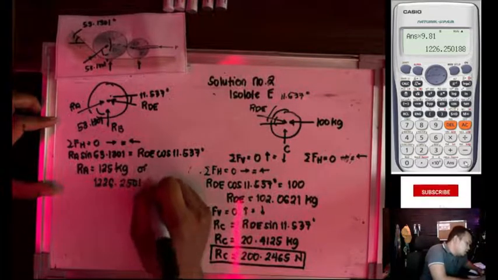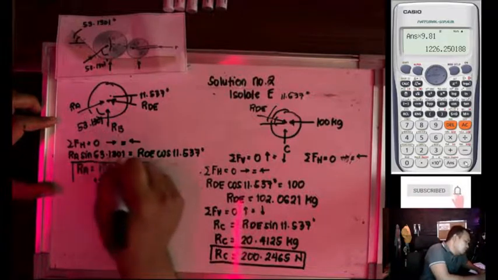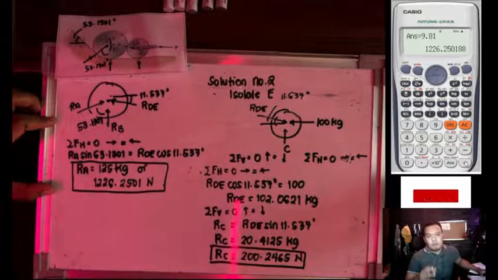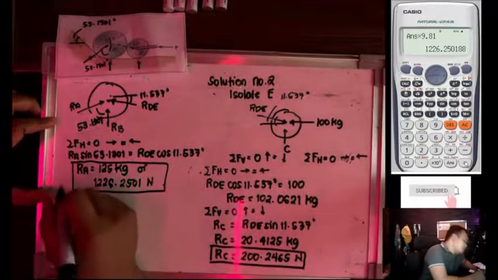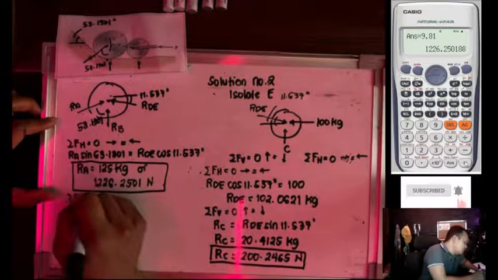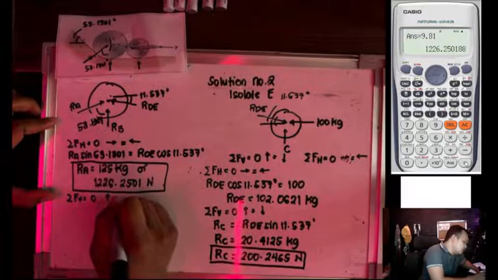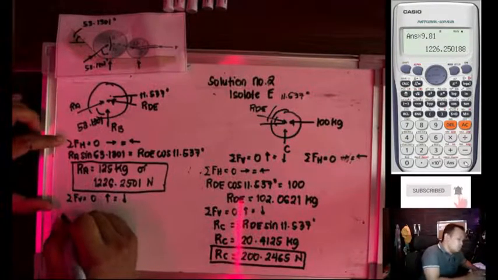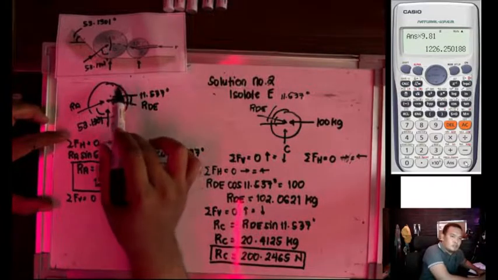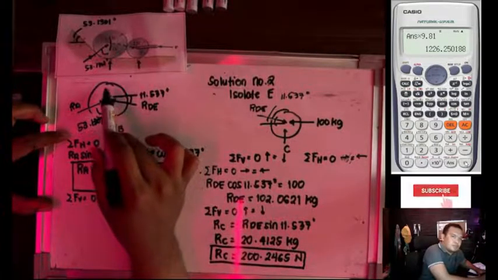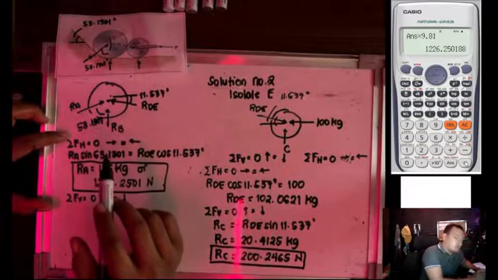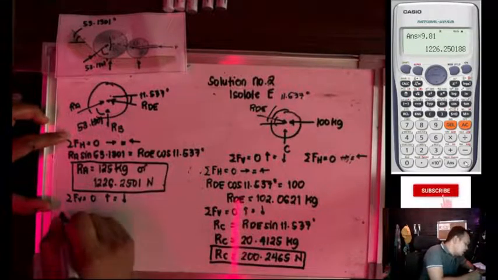1226.2501 Newton. That's the value of RA. Then to get the value of the reaction at B, we take the summation of forces vertical equal to 0. Up is equivalent to down. So we have here all up, as you can see in our drawing. So our RB, the reaction, is going down. So up is RA